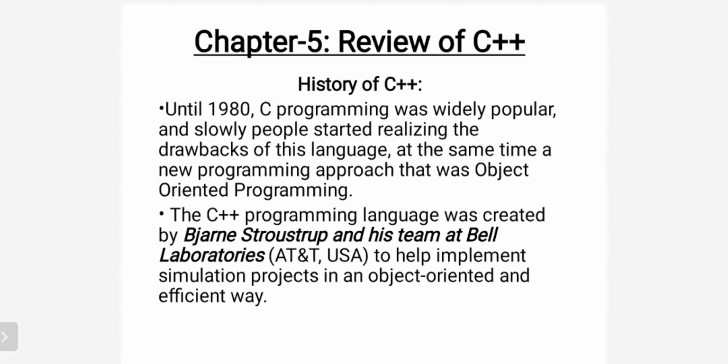Once the scientists knew the drawbacks of the C language, they introduced some new programming concepts, and that programming concept was called object oriented programming. Clear? So the C language has certain drawbacks, and the scientists introduced new ideas and built a new programming approach. That is called object-oriented programming. This object-oriented programming language is implemented by using the class concept.